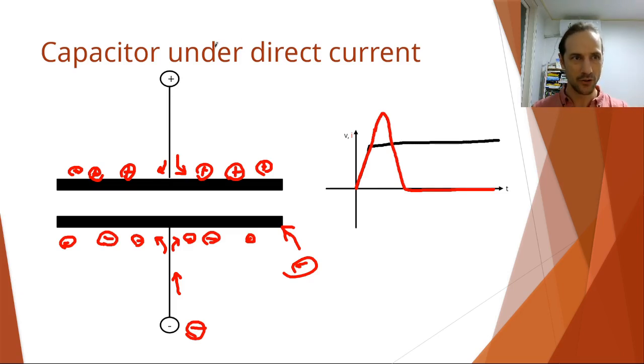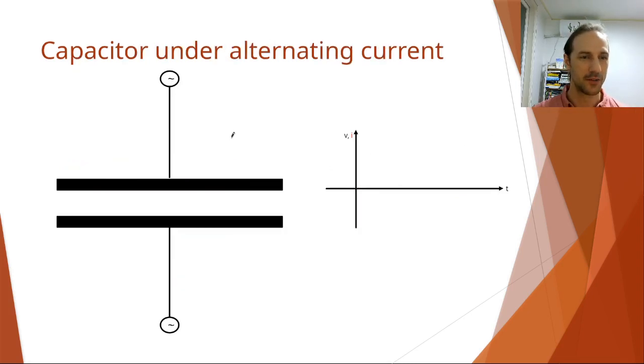So under direct current, we just charge up the capacitor, and the capacitor stays charged. In this case, we cannot really measure. What do we measure? Do you want to measure this very short current spike here? It's very difficult. This is why we don't really measure capacitance under direct current. Instead, in alternating current, I'm not going to draw this, but I will tell you that once we